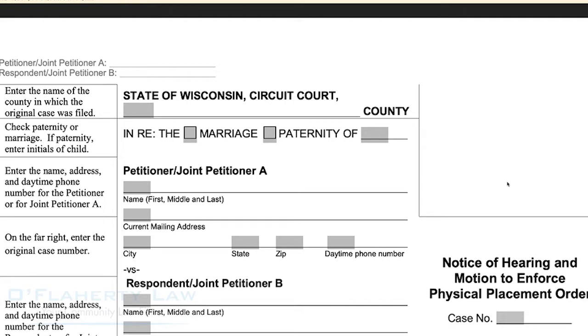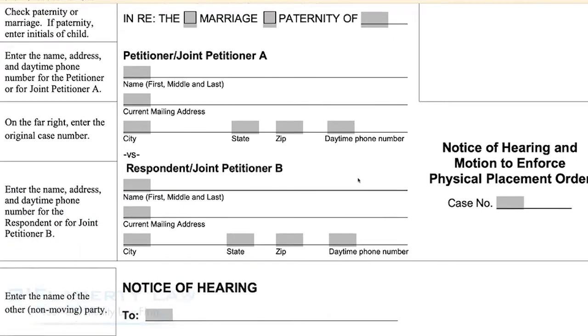This top right-hand corner of the form is a no-fly zone. This is just for the Clerk of Courts. Don't put anything on here. Don't be strange and staple it on the top right-hand corner here. Just leave this completely alone. This is not your area. This is the Clerk of Courts area to work their magic.